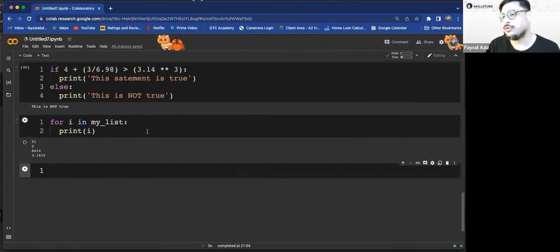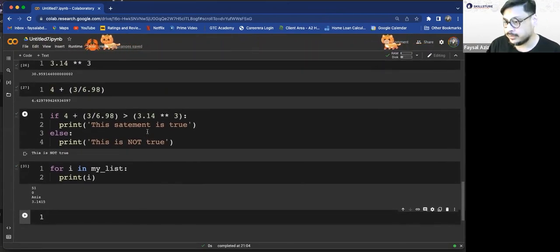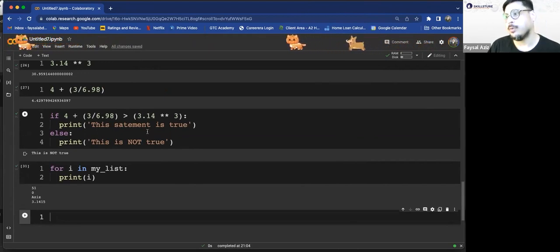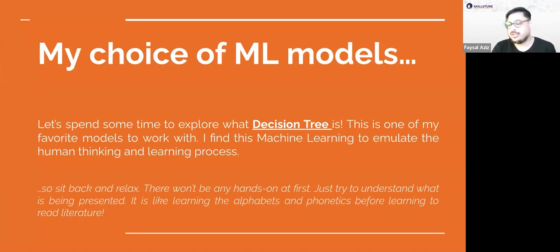This is just to expose you to what Python programming looks like, because I'm going to be using Python to demonstrate a certain machine learning algorithm or operation. So now, when we talk about machine learning, one of my favorite machine learning algorithms is decision tree. Why?